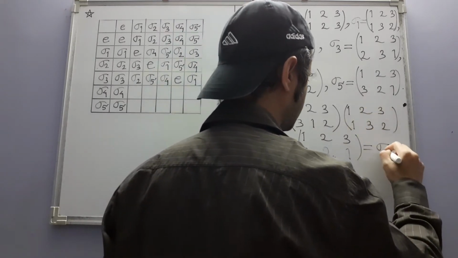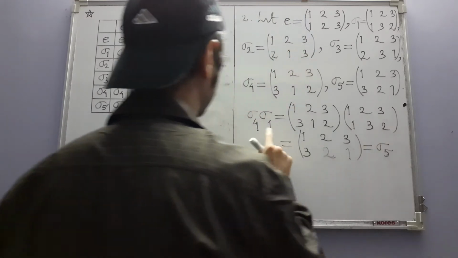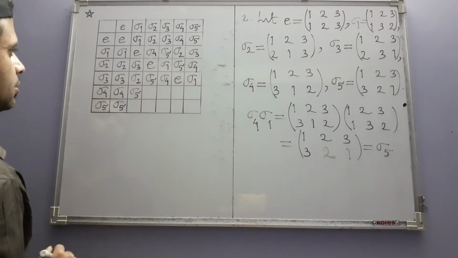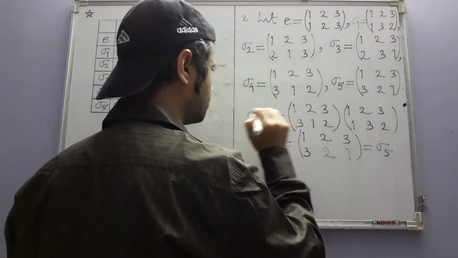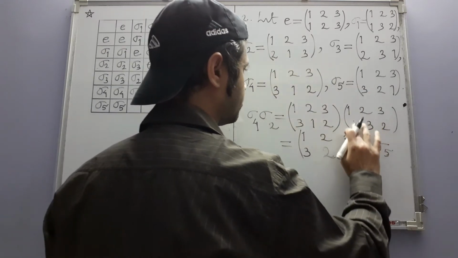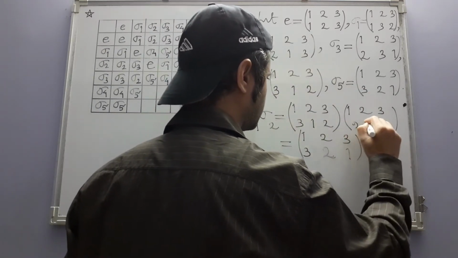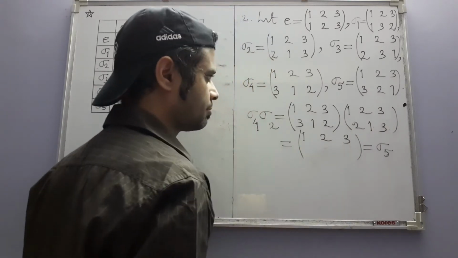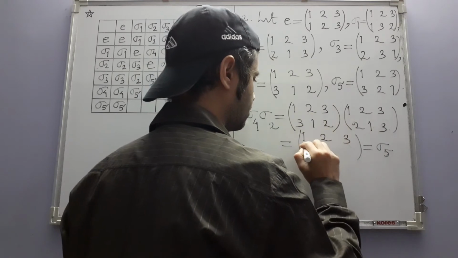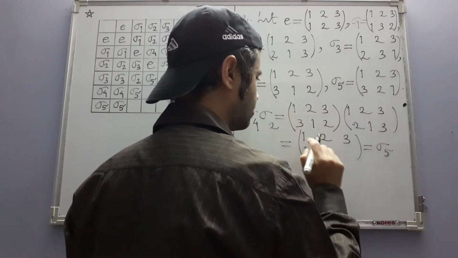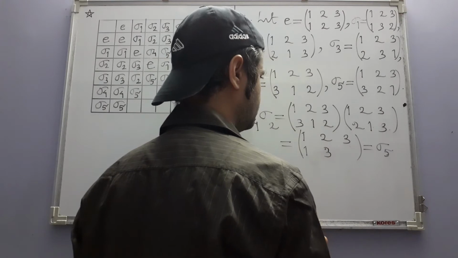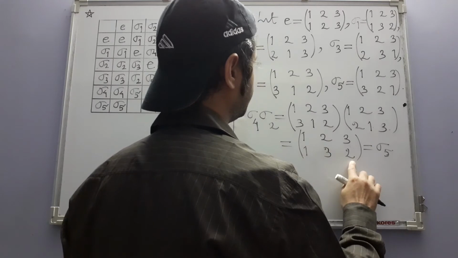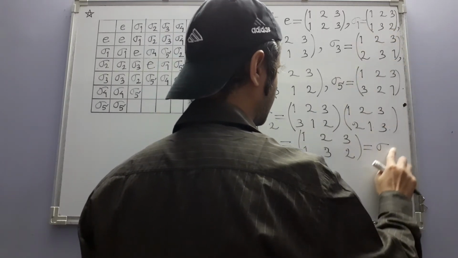321 is sigma 5, 4141 is sigma 5, then 42, 213. 1 to 2, 2 to 1, 1 to 1, 2 to 1, 1 to 3, 2 to 3, and so this one will be 2, 132, 132 is sigma 1,